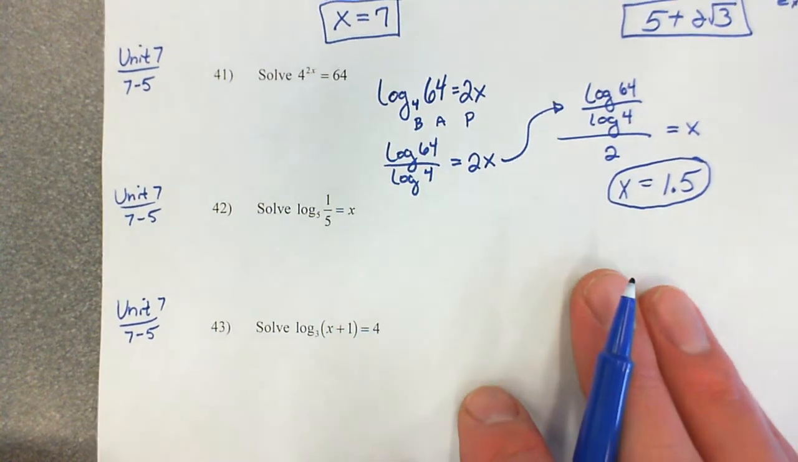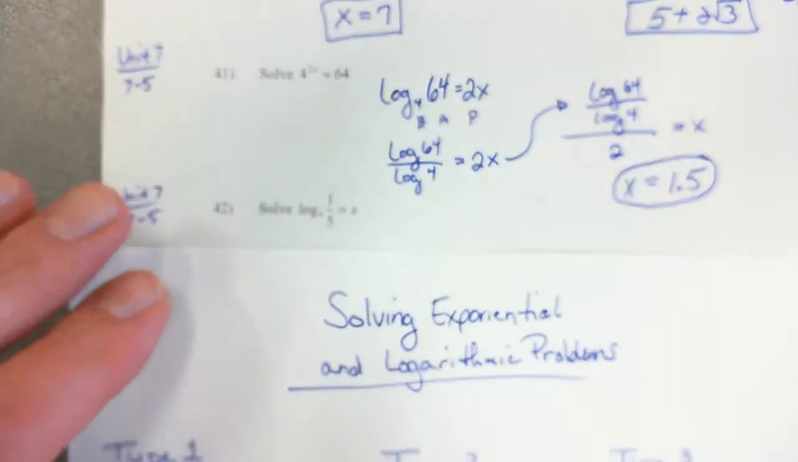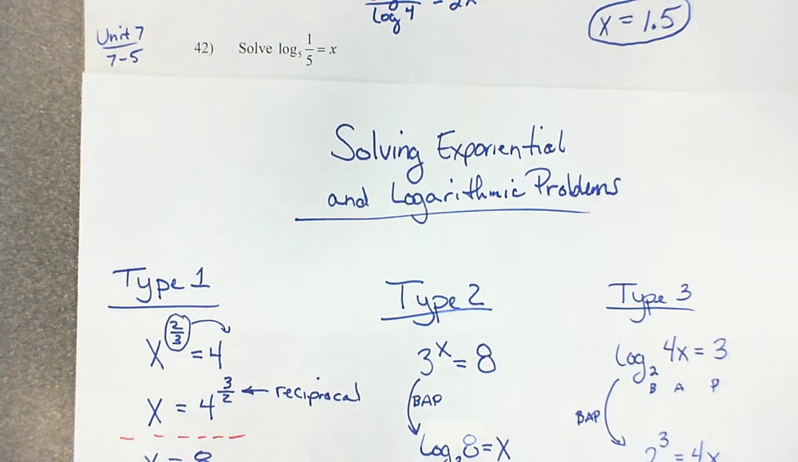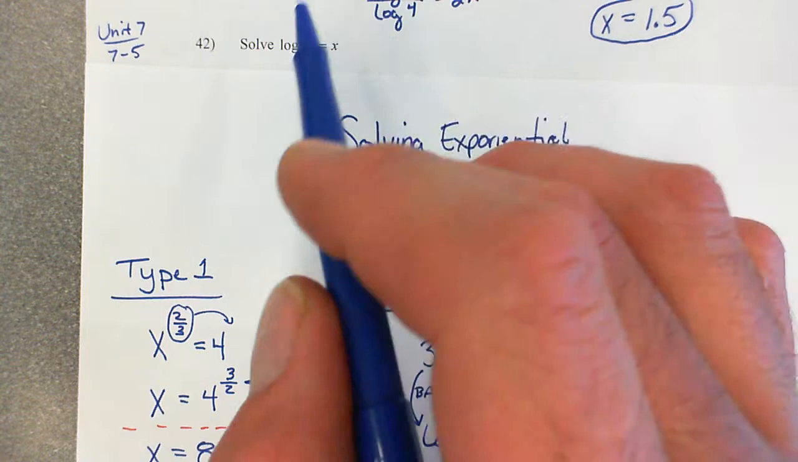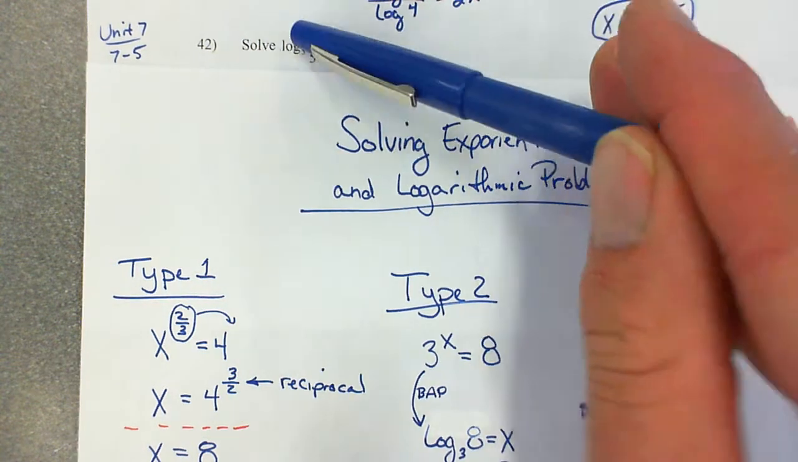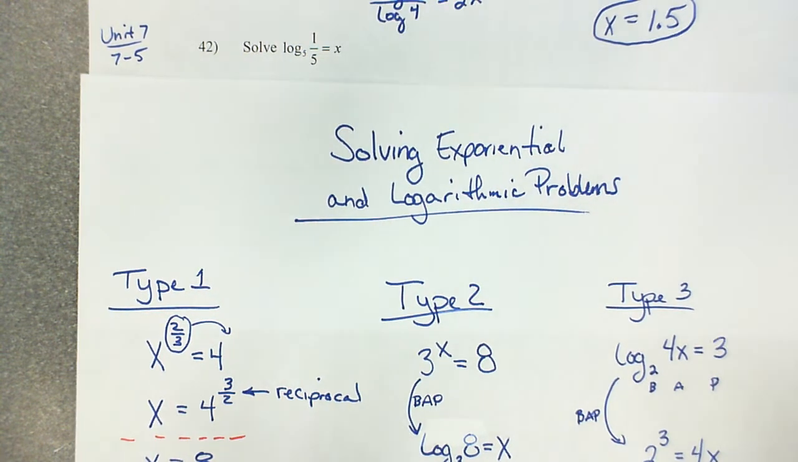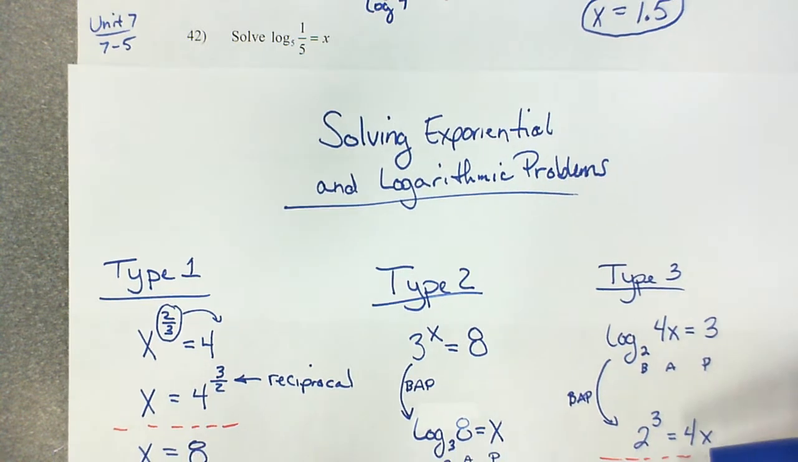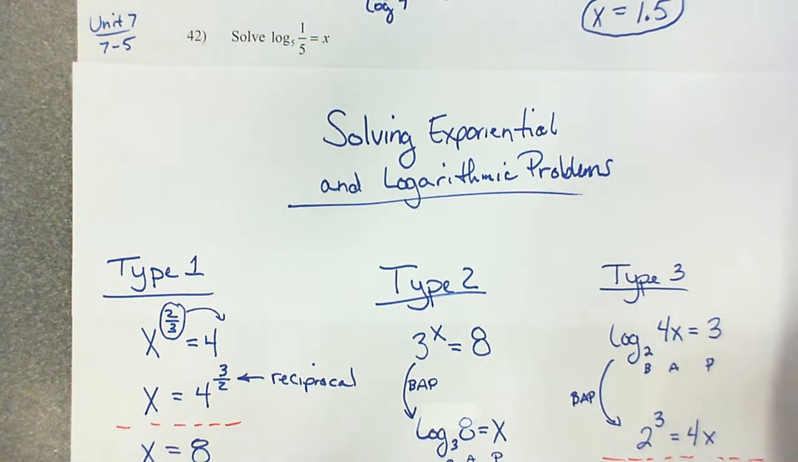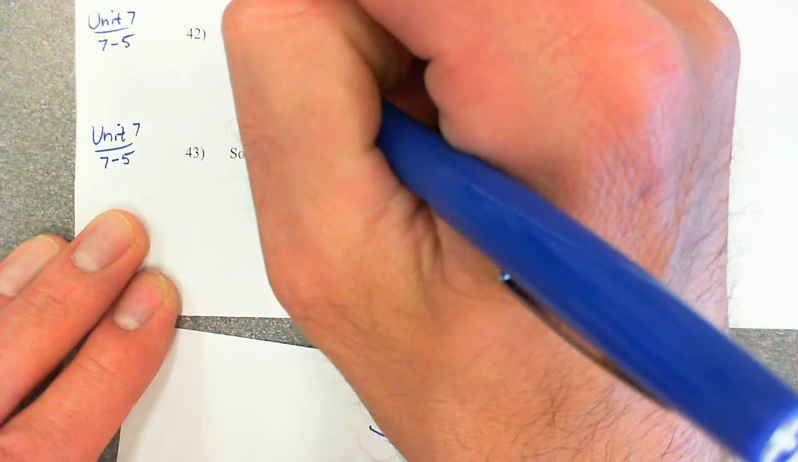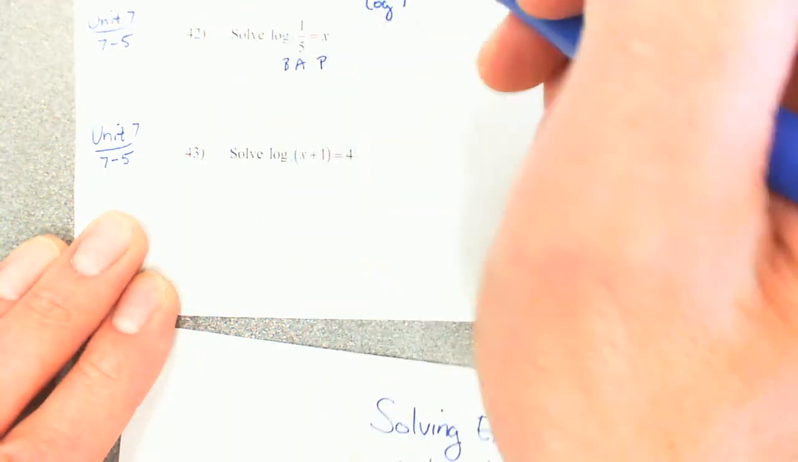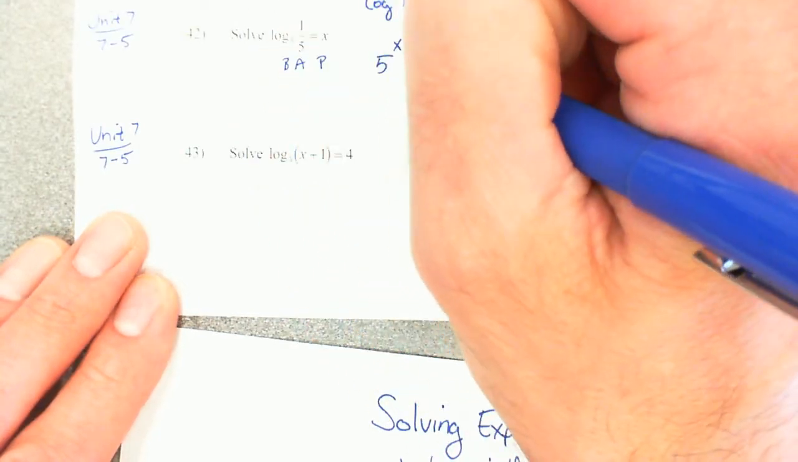On 42, we've got to decide what kind of problem 42 is. Does it look like type 1, type 2, or type 3? Well, it looks like we start with a log. If we're starting with a log in the problem, it's a type 3 problem. So it looks like we're going to have to BAP it into an exponential equation. So this is our base, this is our answer, this is our power. So our base is 5 to the power of x